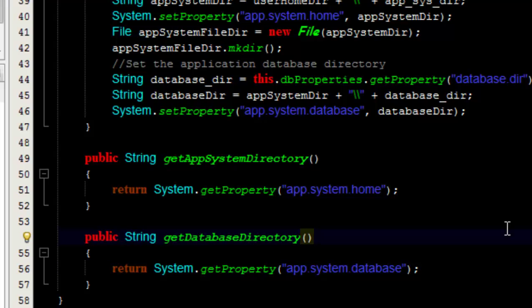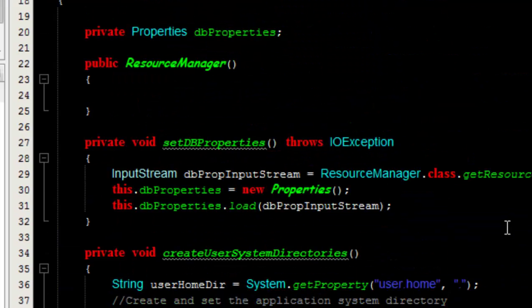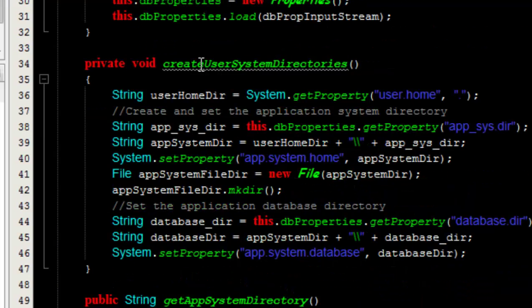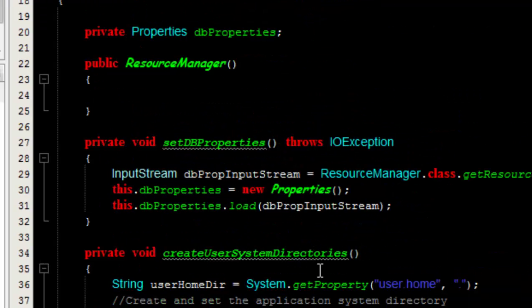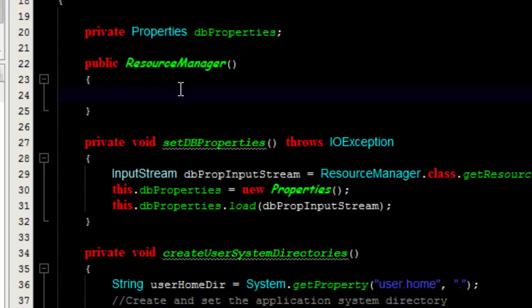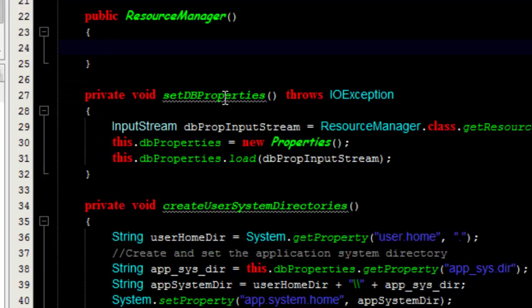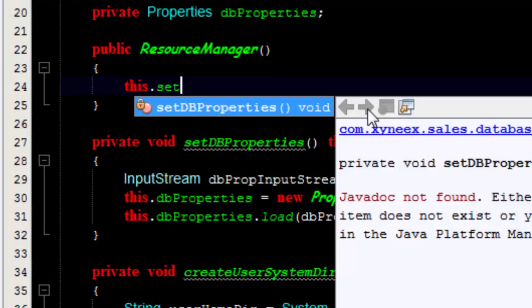The last thing I would like us to do for now in this resource manager is to invoke these two methods, because without invoking them, all these setting, the reading of the configuration properties file and setting all these properties and directories will not take effect. So what we're going to do is to invoke the first method, setDBProperties. So I'm gonna say this.setDBProperties,